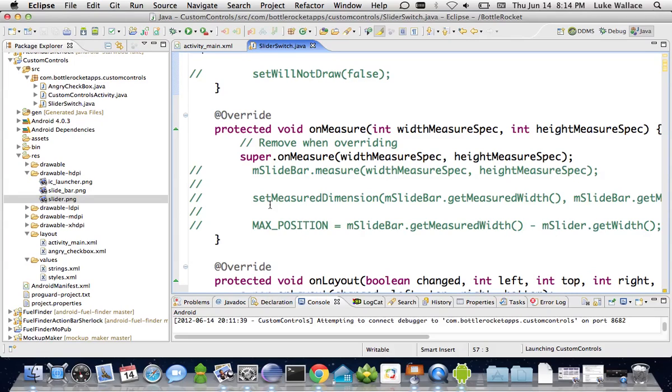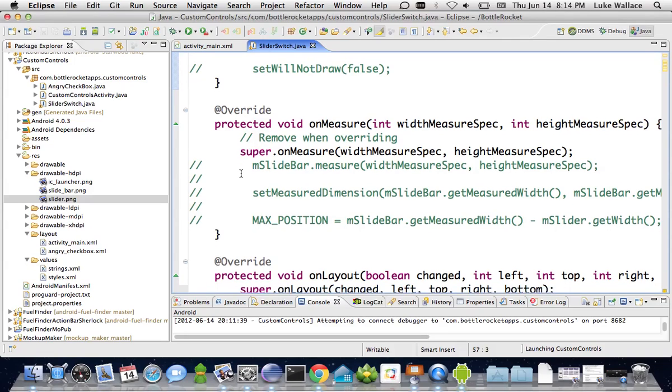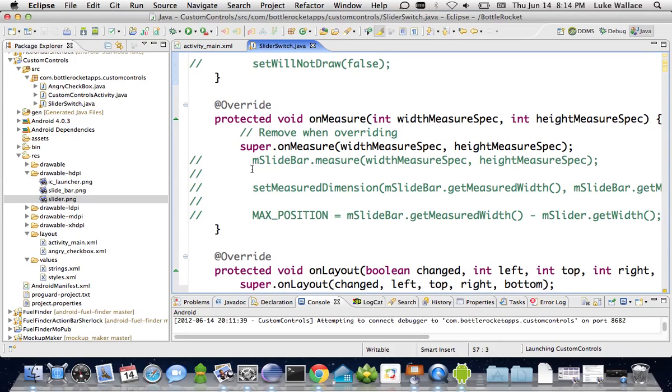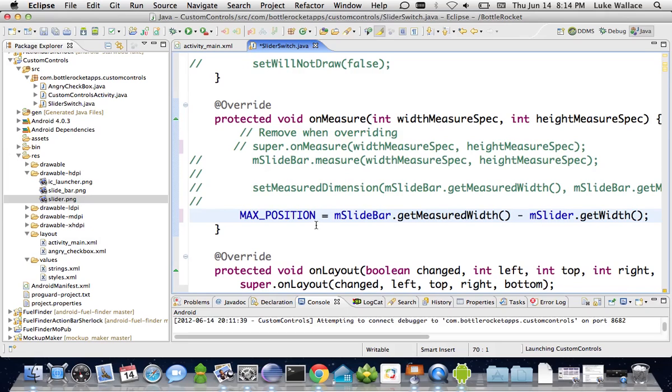So we've got to start thinking about our layouts. Think about the rendering pipeline. Measuring is the first place that we'll actually get into changing anything. And since we're measuring, we can figure out what our max position is. Basically, because you draw everything from 0, 0 in the upper left-hand corner, and x goes to the right and y goes down,